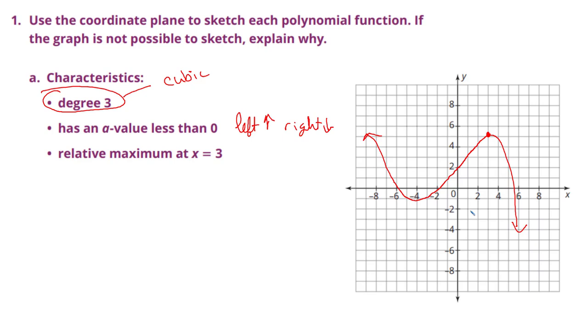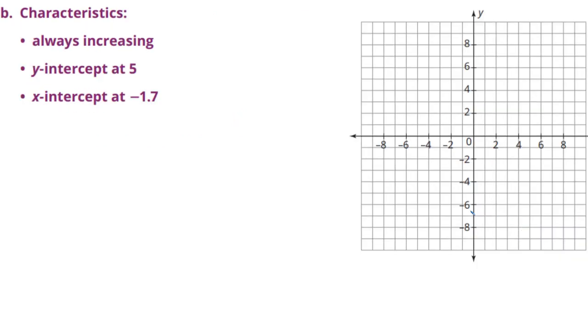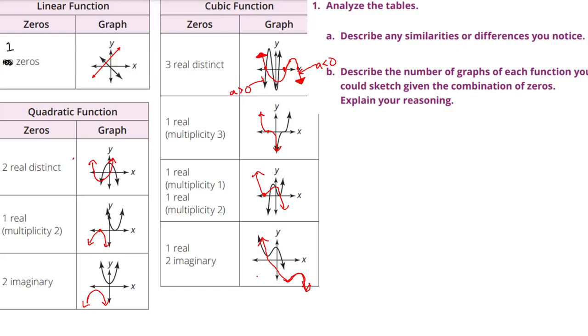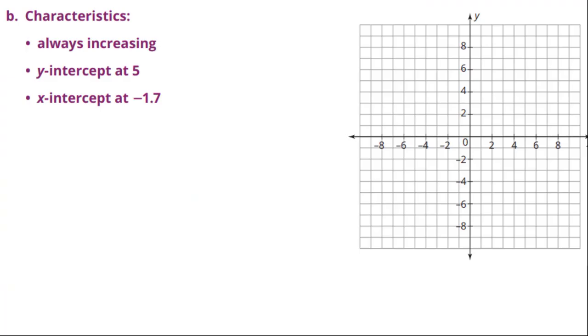Y'all are going to do the same thing for B, C, and D. Choose which graph makes sense, linear, quadratic, or cubic, and then sketch the graph. So what type of graph is B? What do you think? Linear. You could do a linear. And so if you did linear,